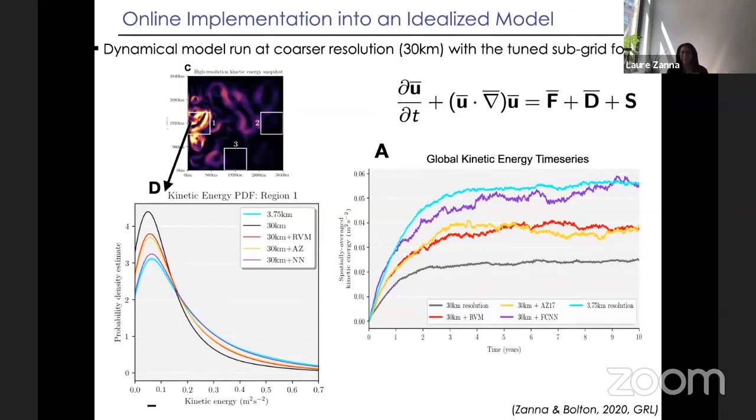So, we saw the pluses and minuses of the equation discovery. If I plug that into a coarse resolution model, then again, all bets are off. All parameterizations blow up. So that's thing number one. It's not because they did a good job offline that they will not make your model blow up. So in our case, they all blew up. So we had to tune down the parameters.